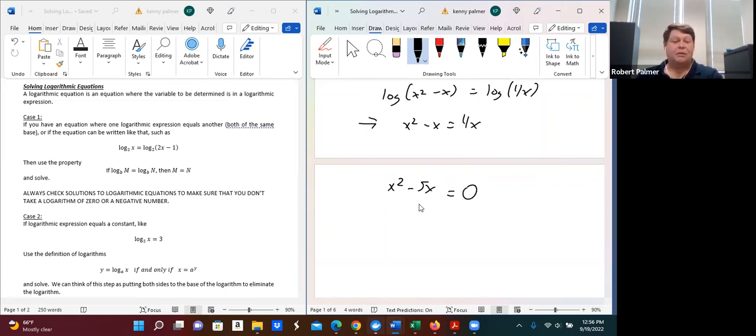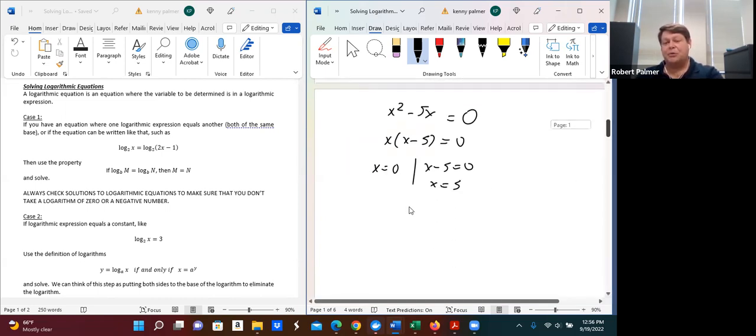Now, many ways you can solve this, including the quadratic formula, but this will factor. That's the best thing to do in this case. Factor out an x, we have x times x minus 5 is 0. And so, set each factor equal to 0, we have x is equal to 0, or x minus 5 is equal to 0. So we also have x equals 5. Now, we have two possible solutions. If we check each one,